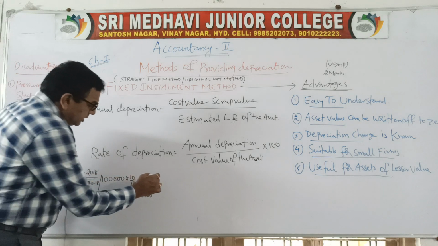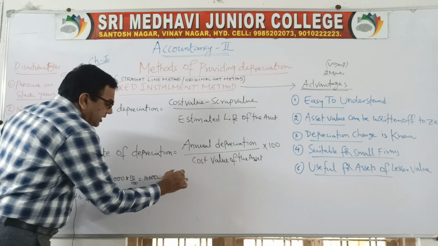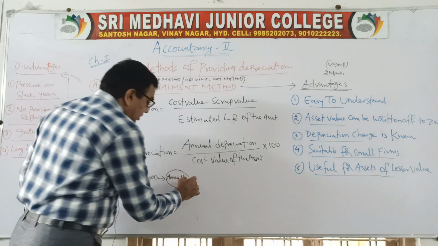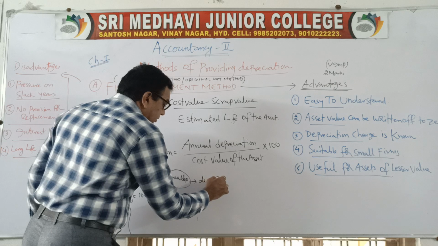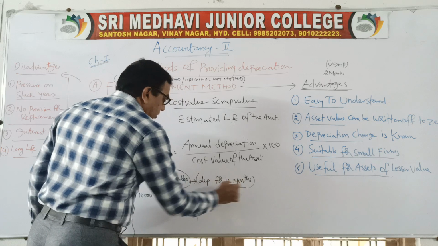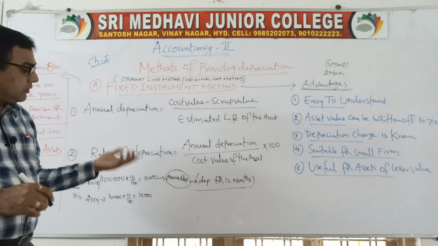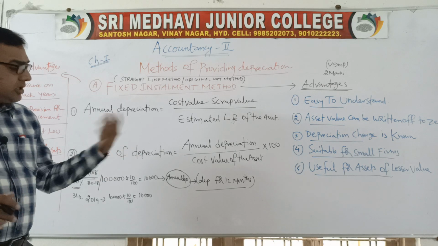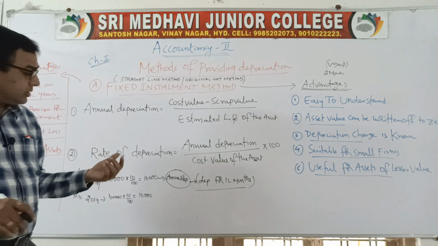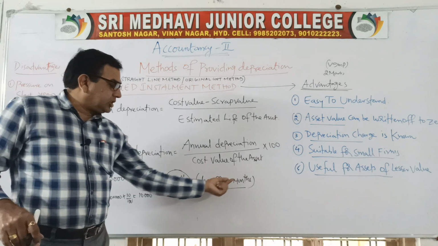And you can see here, this is called annual depreciation. What is annual depreciation? The depreciation for the period of 12 months is called annual depreciation. Remember this one. Whenever you are preparing the ledger for any asset, first of all you have to calculate depreciation for 12 months, then according to the usage you have to calculate the amount, whether it is for 3 months or 4 months, because always the rate is given per annum. So annual depreciation means depreciation for 12 months.